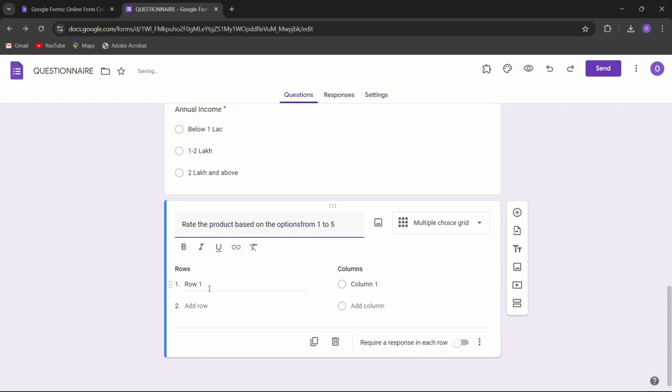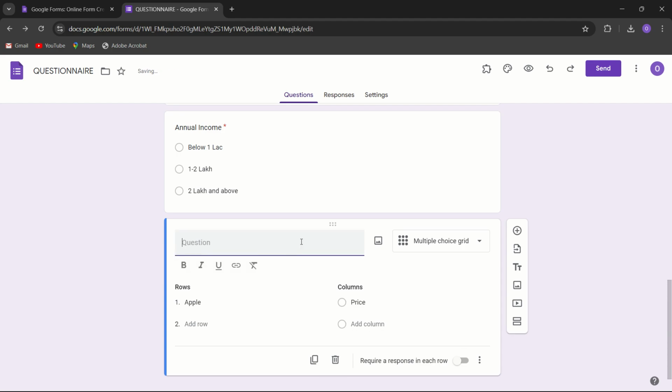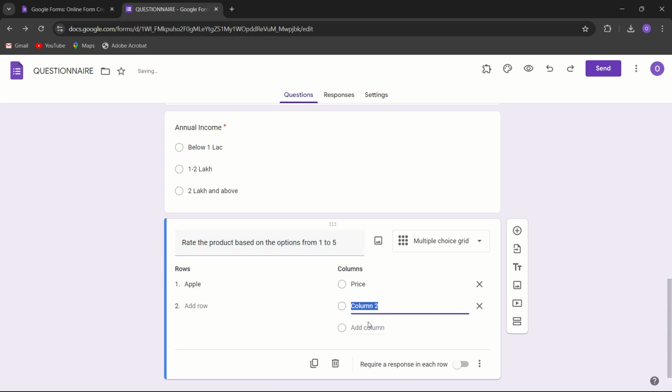Yes. So here is telling us the row and what the columns are. For the row, I will have Apple, and the columns, column 1 will be price. Sorry, let me put a space here. For column price, I have user friendly,